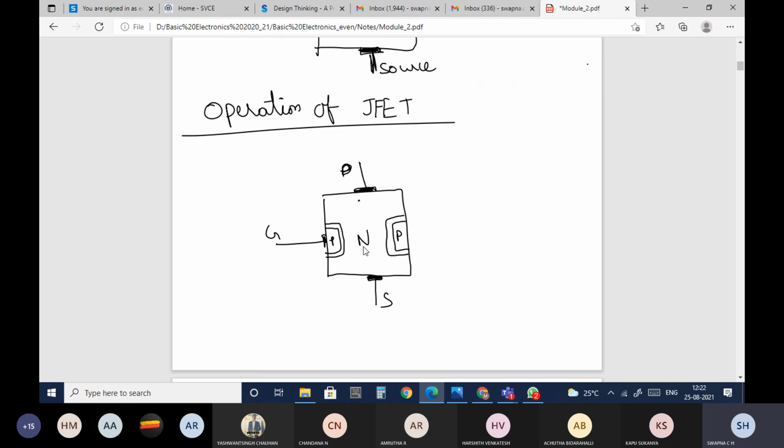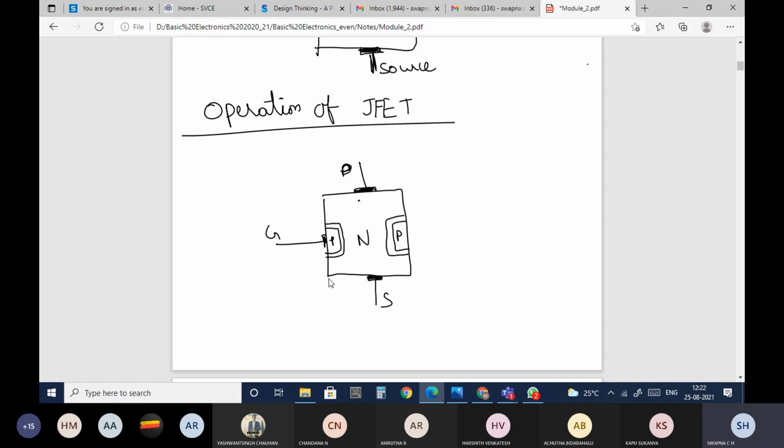In order to make it work, we need to provide additional voltages, that is nothing but the biasing. Hope you people remember in the PN junction diode, we have seen biasing, in the sense forward biasing and reverse biasing. We provided additional voltage to the PN junction diode so that the current started flowing. That is nothing but the biasing. Here also you need to bias.